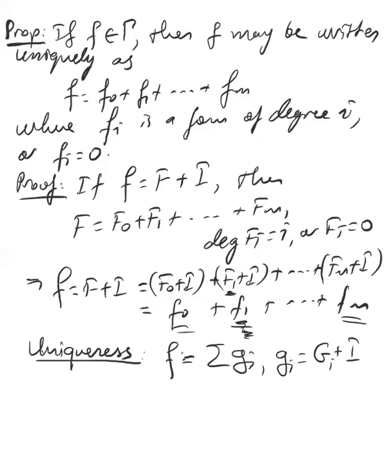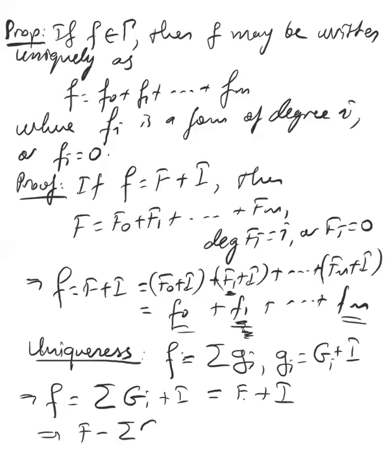Then if you add up these Gi's and look at this left coset, f is represented also by the sum of Gi's, and it's also equal to f plus I, because f is one representative and G is another representative, so that f minus the sum of Gi is in I,